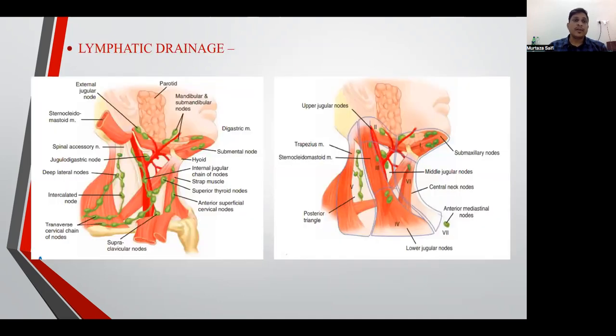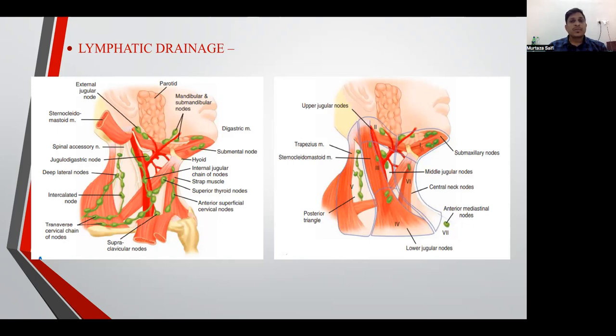Now here is the lymphatic drainage. Basically, the external jugular node, the sternocleidomastoid muscle, and beneath it you can appreciate the jugulodigastric node, then the deep lateral cervical node, then the transverse cervical chain of nodes, and the supraclavicular node, submental node, mandibular and submandibular node,